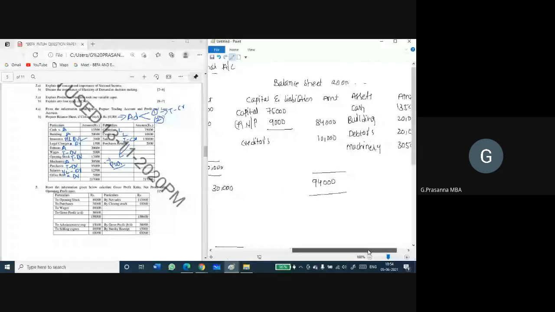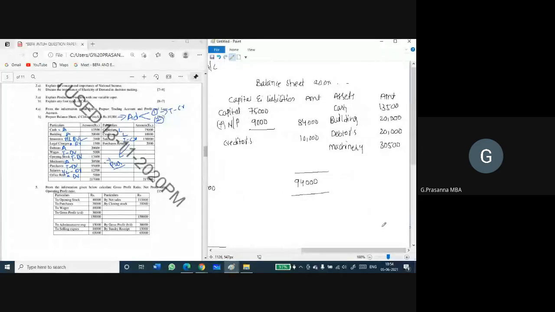Now I need to do the asset side total. So calculate, 84,000. On the asset side, I told you to take the adjustment entries two times. One time we have taken it. The second time we have to take the closing stock on the asset side of the balance sheet. We have not taken the closing stock here, so I'm writing closing stock. What is the amount of closing stock? 10,000. Now you got the equal balance.